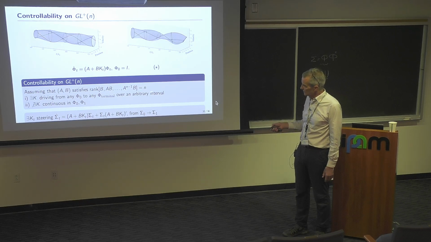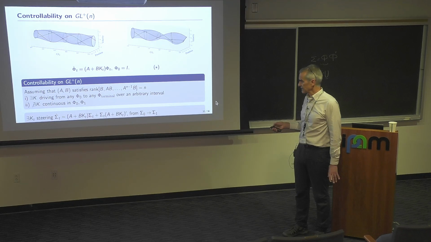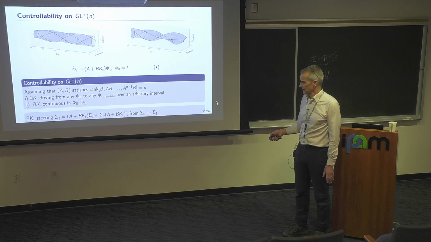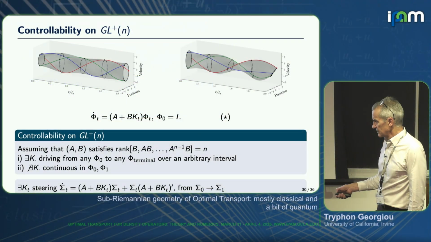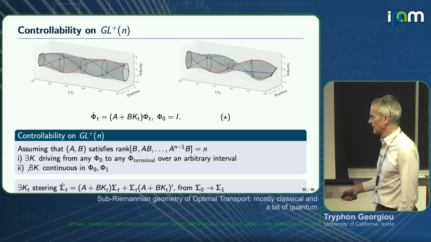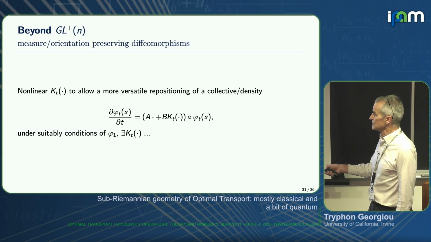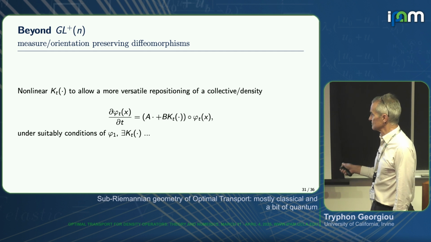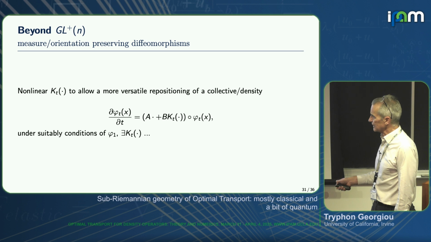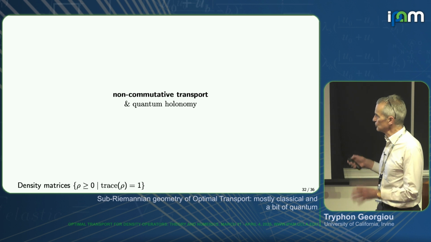And the construction here for the K is not constructive in this setting. So it's a very delicate result. To show that you can steer the density and the base space with K, this is much easier. It's a corollary of this, but it's a much easier result. And then you can do very similar things with measure orientation preserving diffeomorphisms. And there is interest for that. Under suitable conditions, you have some control, etc. So some of this carries through, not everything.